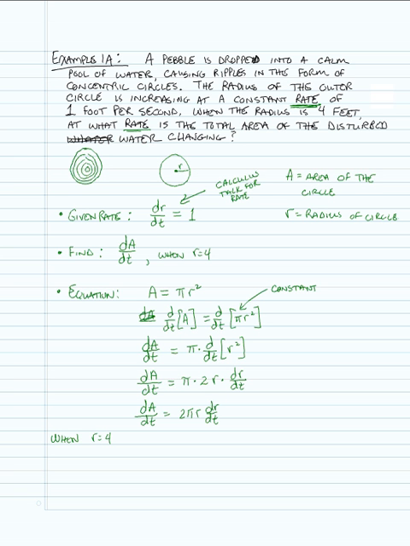When r is equal to 4, and we know that the derivative of r with respect to t is equal to 1, then at that time the derivative of A with respect to t is going to be 2 pi times our r value of 4, and we know that dr/dt, the rate of change of the radius with respect to time, is just 1. And so that ends up being what? 8 pi. Which is approximately, let's see,